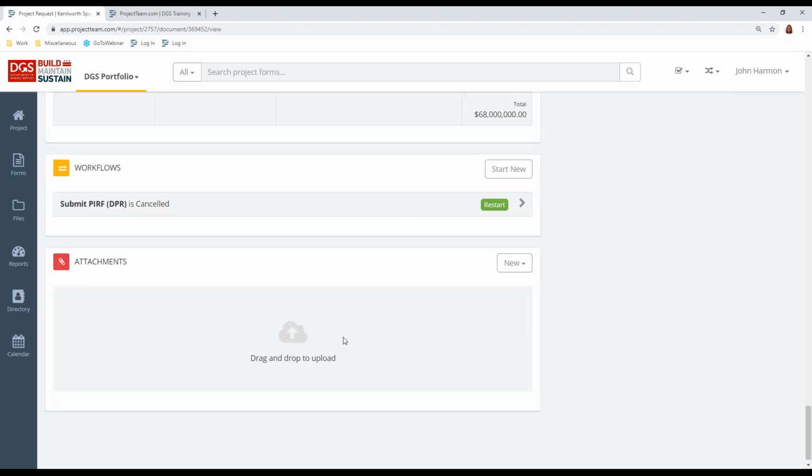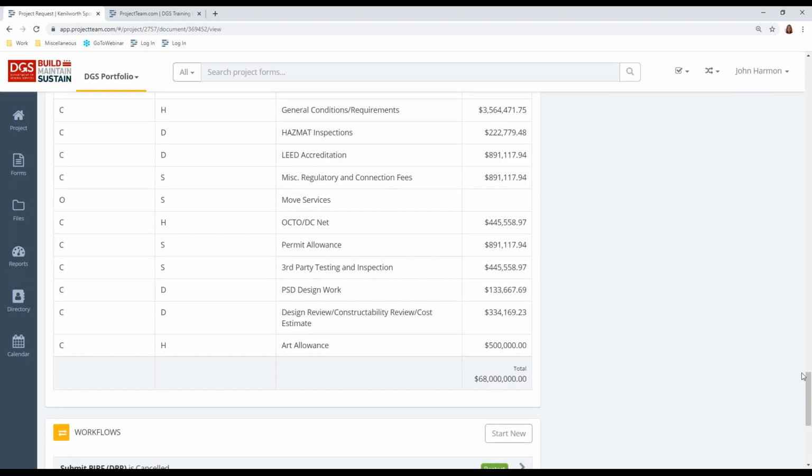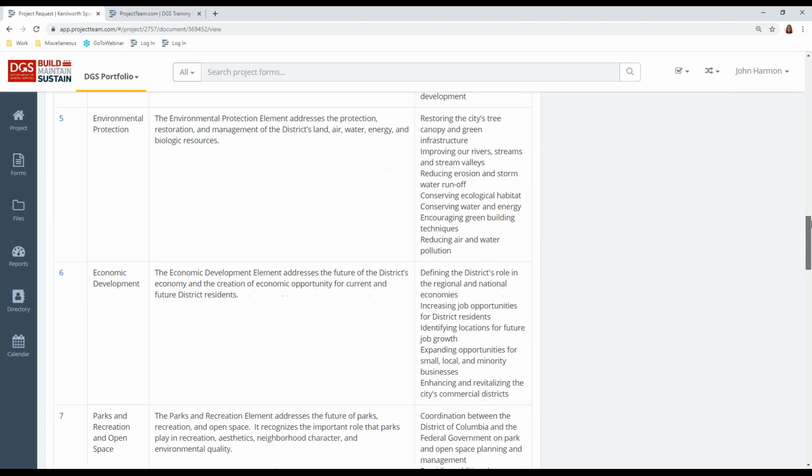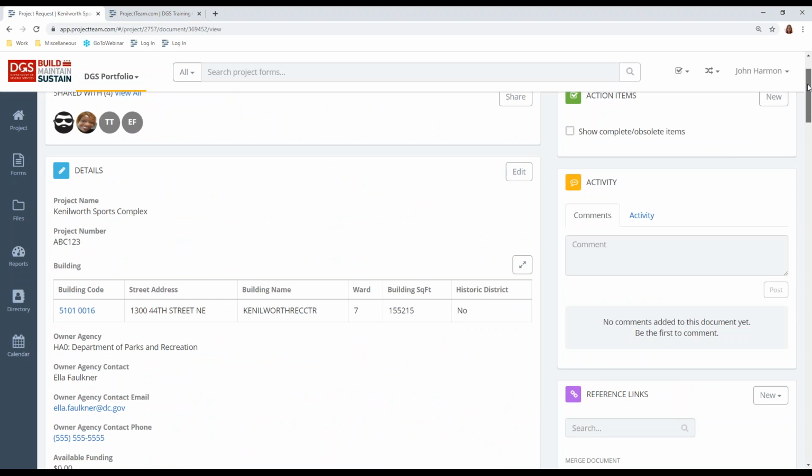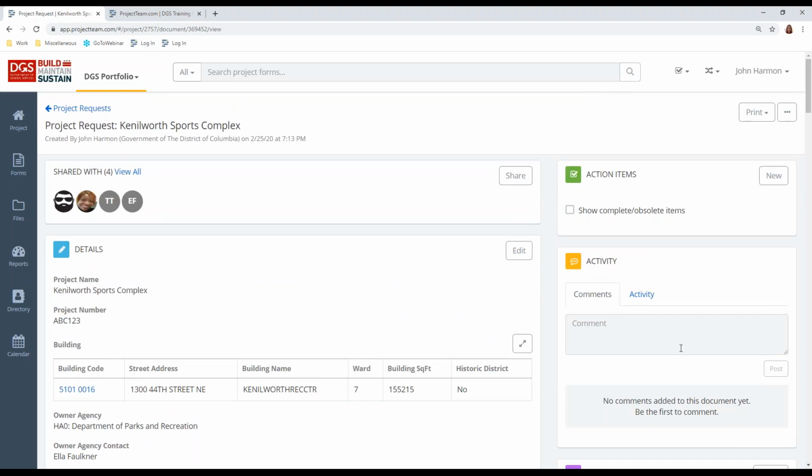Yeah. So you're going to want to make sure that you upload all supporting documentation. Now, one of the things that we talk about a lot in the introduction is the importance of the activity, the comment section, and the action items. So if you've not taken the introduction or navigation, one of the things that we really talk about is making